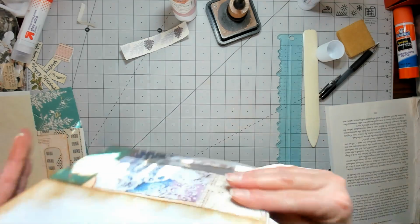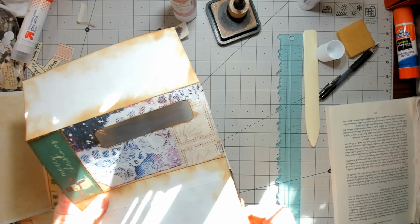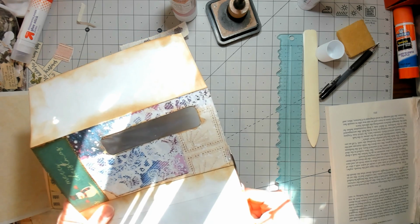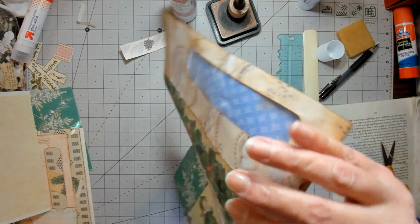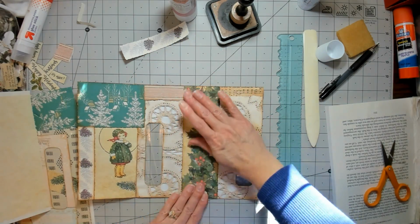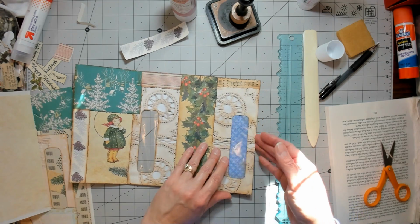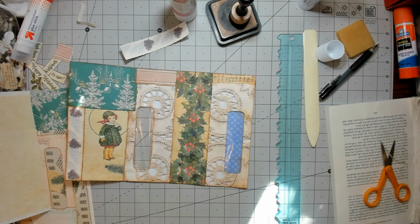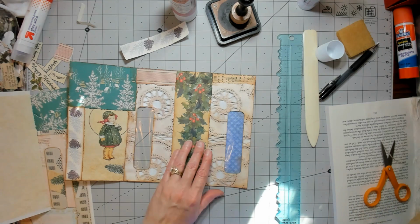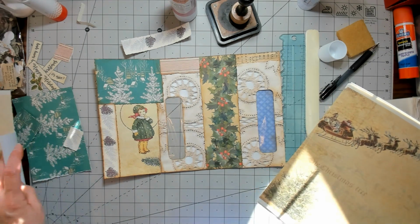Kind of covered up any writing space you could have there, I guess, but I'm just going to let that kind of dry there a minute. Think about what I want to put behind that window. Be good to do another something you can look at, right? There's a few spots to write a little bit, not a lot, but it's okay. Like I need something more right there. That could be writing space, but